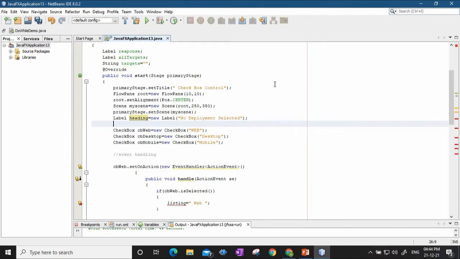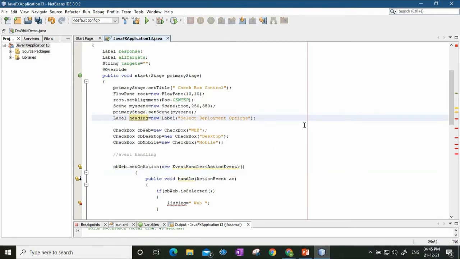Whenever this JavaFX application is displayed, it will first display the heading label, that is no deployment selected. Or, here you can have the heading as select deployment options. So select deployment options will be the message that you are going to see in the heading of that particular form.